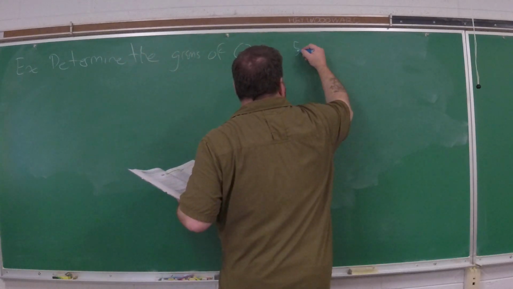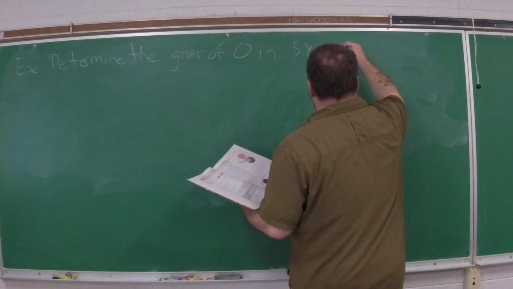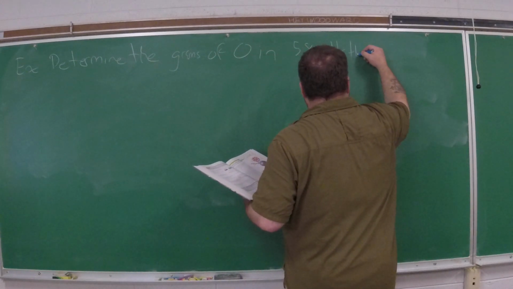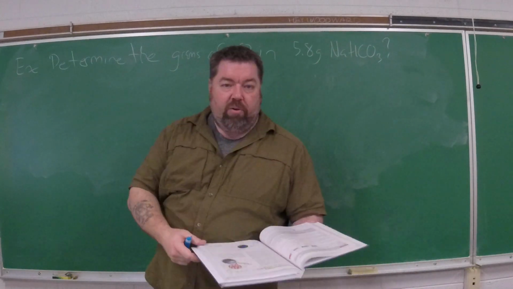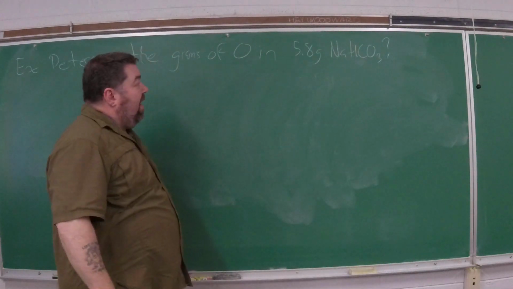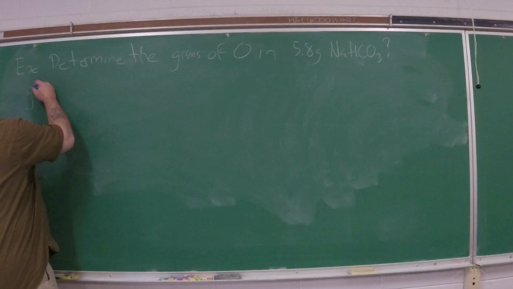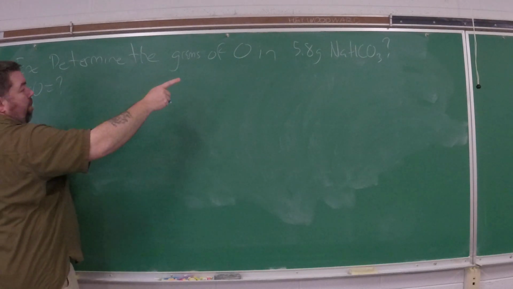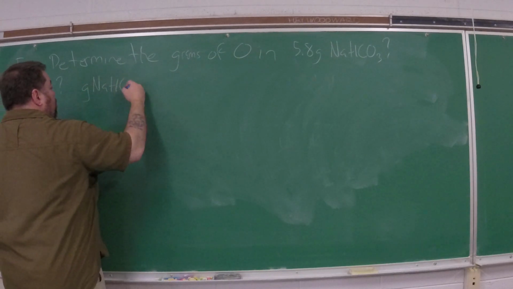In 5.8 grams of sodium bicarbonate, which is NaHCO3. Okay? Determine the grams of oxygen in 5.8 grams of sodium bicarbonate. So again, we want to know grams of oxygen, question mark. What are we going to do? We're going to go from grams of sodium bicarbonate